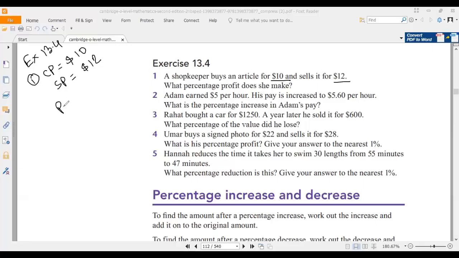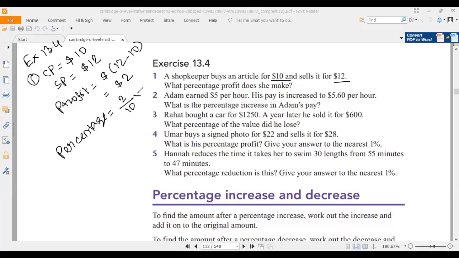So here profit will be $12 minus $10. That will be $2. Okay. Now, what will be the percentage profit? That means the shopkeeper gets the profit of $2 out of $10. So percentage of profit will be